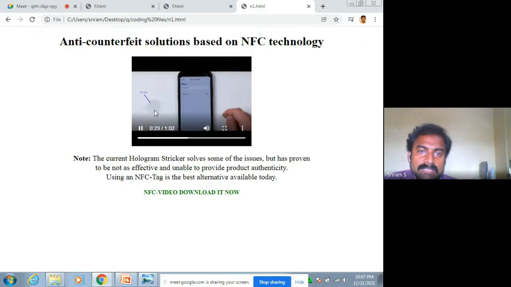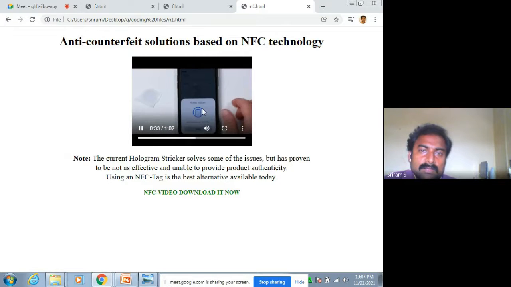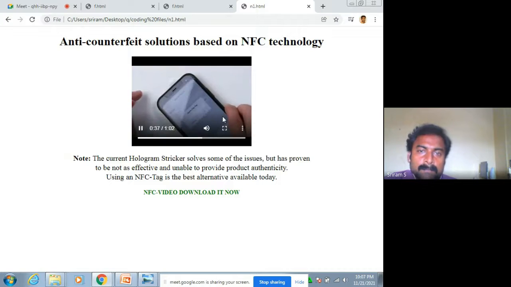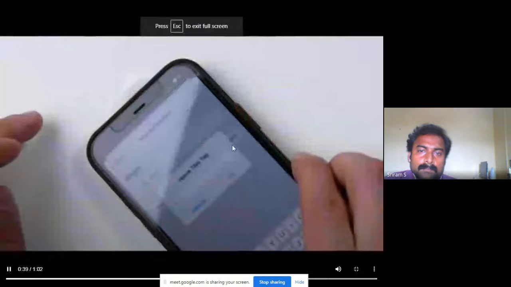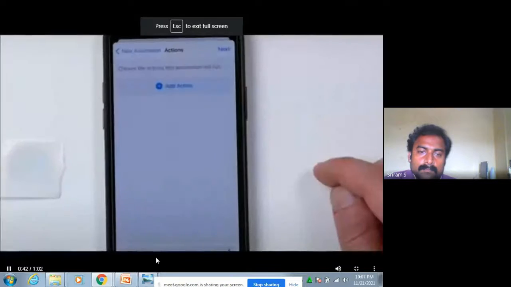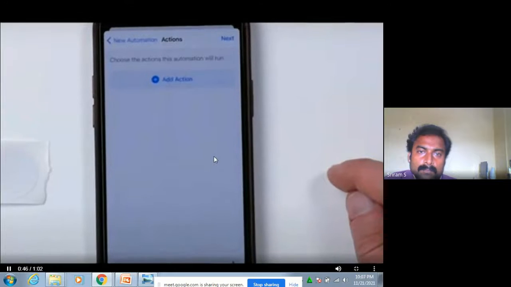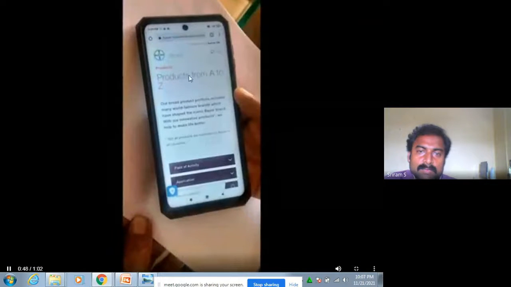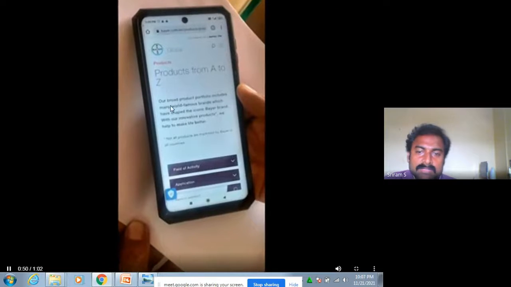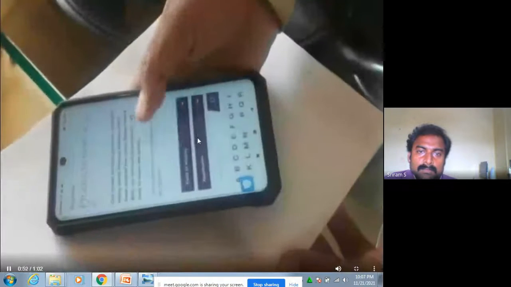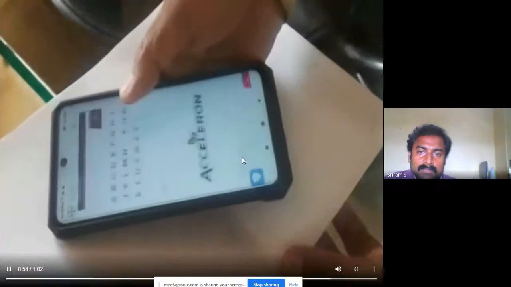The NFC tag is like this, and if you have a supporting mobile, it leads to the front page. Direct to the page, the sample videos are there.